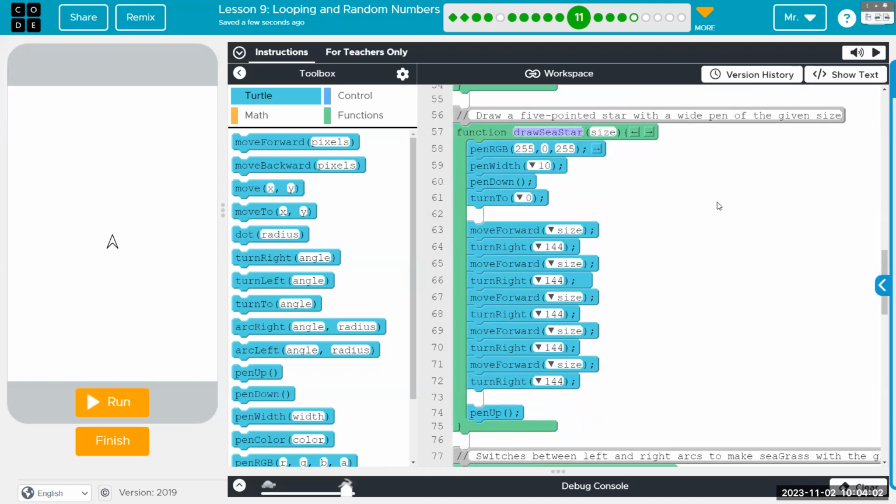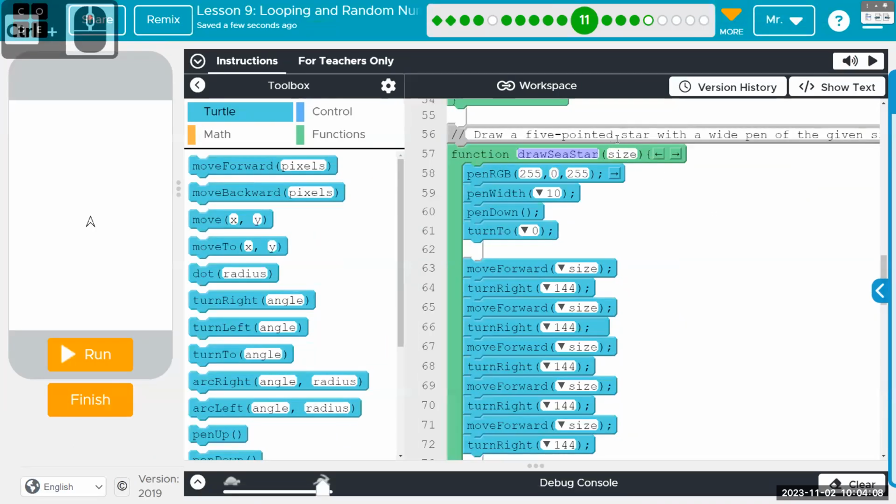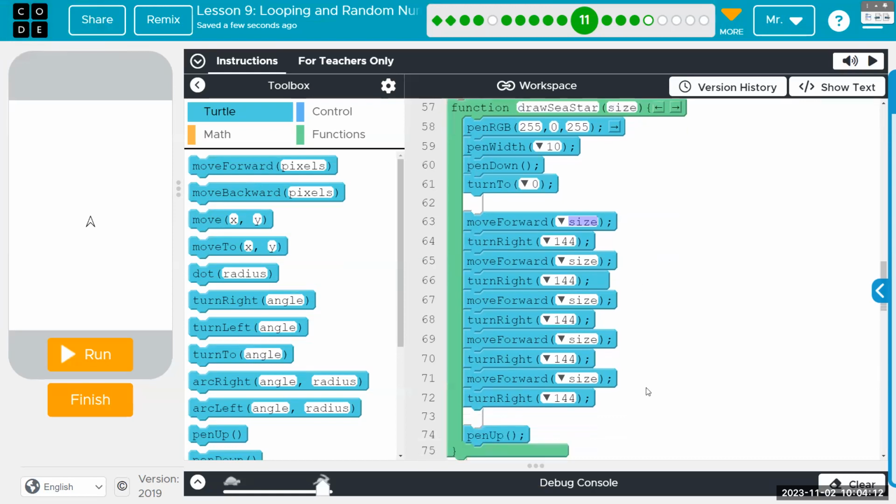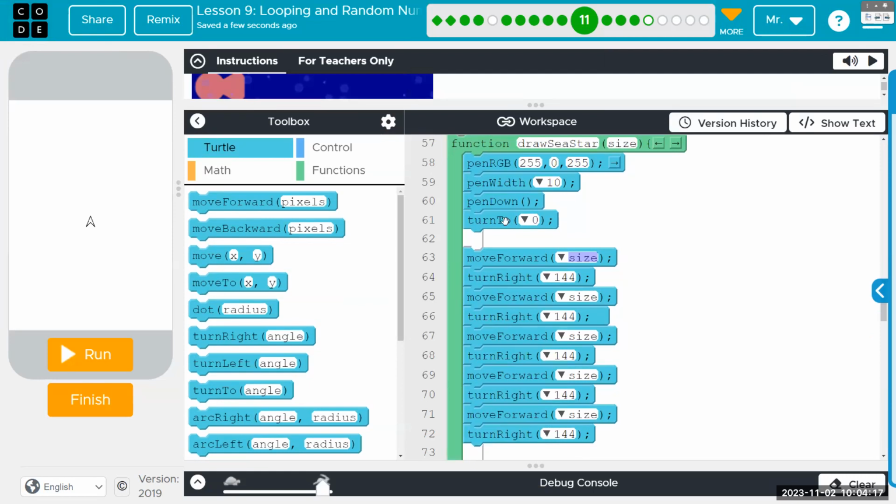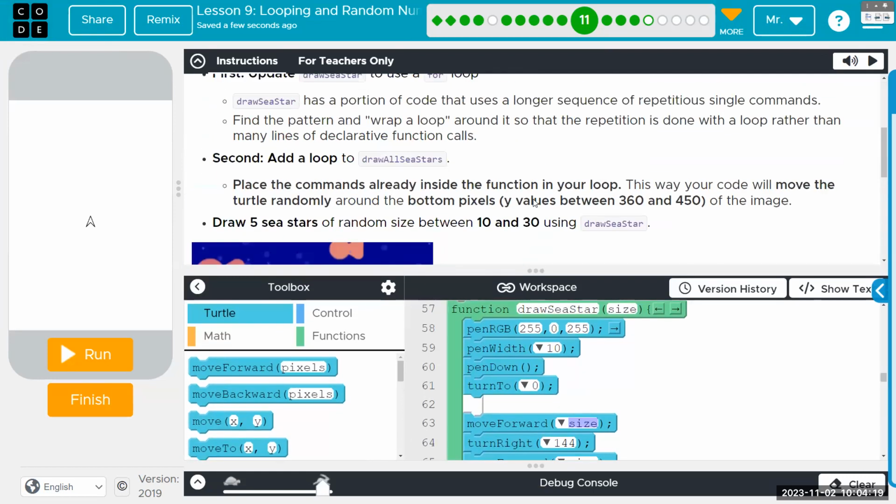Okay, draw C star down on line 57 is expecting a parameter, which gets applied to the word size. And it's used here for all of the move forwards.